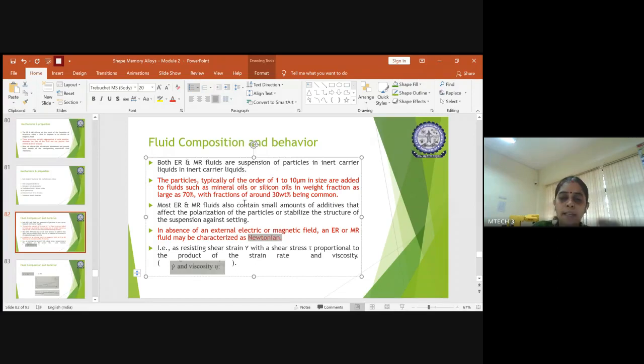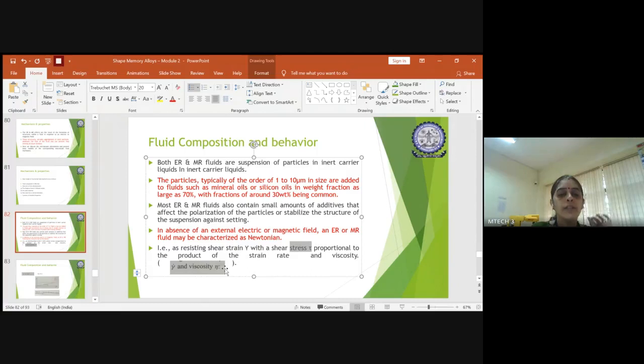Now when there is a magnetic field applied, and one of the plates is moving and one of the plates is fixed at the bottom, then, as the viscosity increases, the fluid shows resistance to the strain also. So the resisting shear strain from here onwards will be represented by the letter gamma. We are just telling the terminologies and the concept before starting. And the shear stress which is induced will be represented by the symbol tau.